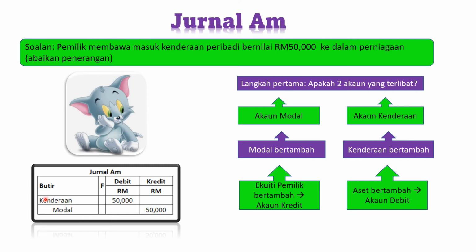So remember, for debit, you write it closer to the line. Account yang dikreditkan is going to be a bit further down from the line. And here you write 50,000 on the debit side, and here 50,000 on the credit side. Okay, now let's go to